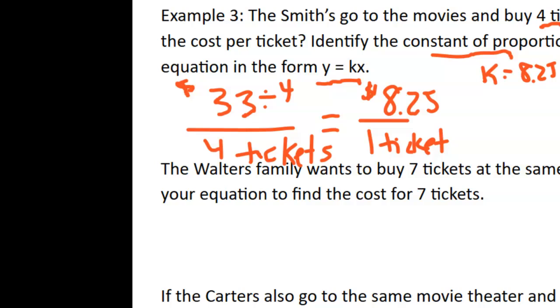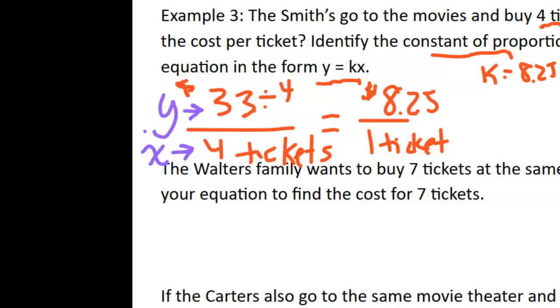Now, when I set up my proportion as dollars over tickets, that in itself helped me decide which one was my x value and which one was my y. Whatever goes in the numerator is your y variable, and whatever goes in the denominator is your x variable. So by setting it up this way, x is the number of tickets and